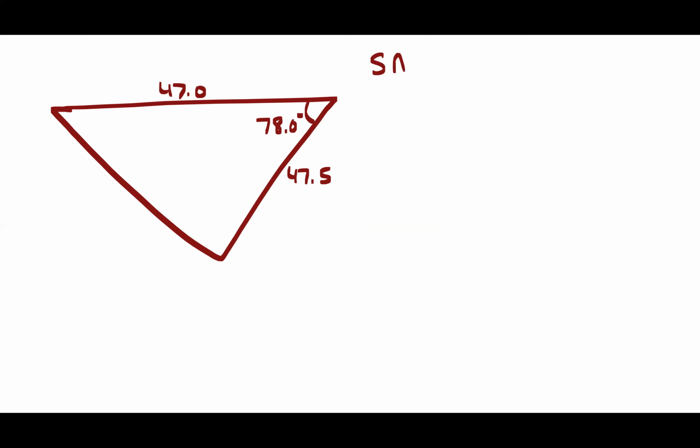And again, notice it's this little property of SAS. The angle is an included angle between the two sides. I know I'm going to have to use the law of cosines to get out because I don't have an angle and an opposite side here. And it says find the down tube right there. Okay, I'm going to have to label this just so I can use the formula. So I'm going to label that guy, the upper left is A, upper right is B, and the lower angle is C. Okay, if I do that, what I'm really trying to find is little b according to my